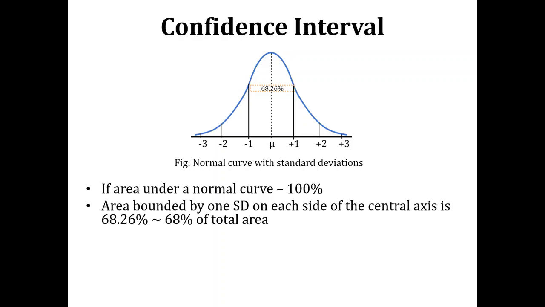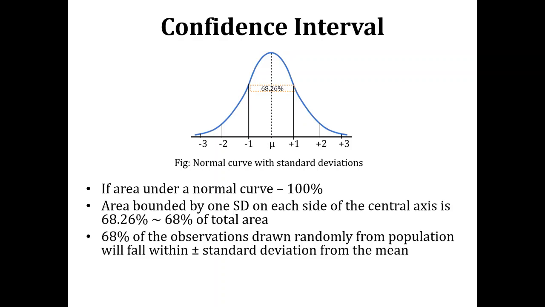We interpret this as: if we are randomly taking any observation from that population, then there is a 68% chance that that observation is going to lie within -1 plus 1 standard deviation of the central axis, right? So 68% of the observations randomly drawn from the population will fall within plus minus one standard deviation from the mean value,